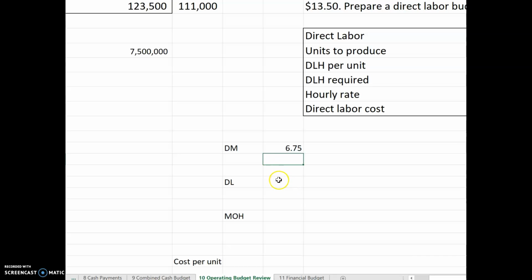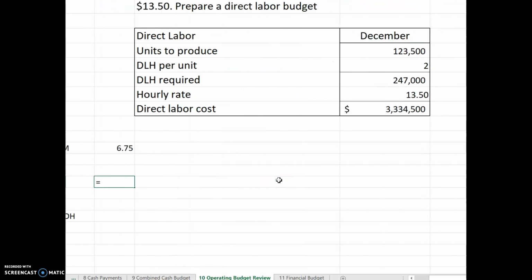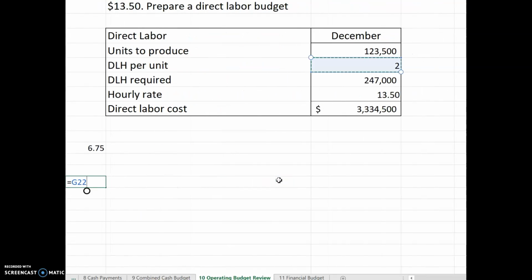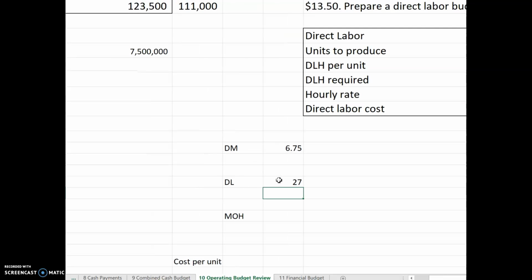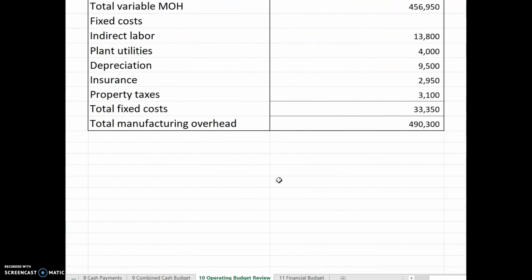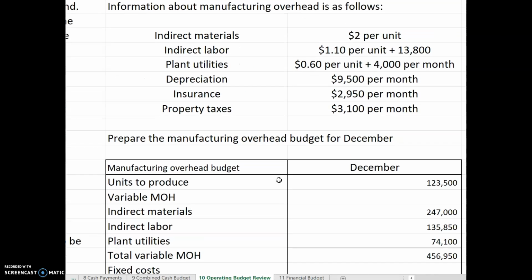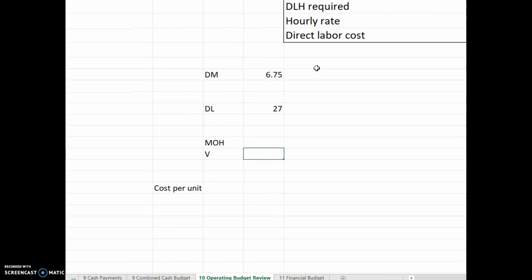For our direct labor, it takes 2 hours to make one unit, and it costs $13.50 an hour. So our direct labor is going to be $27 per unit. Our manufacturing overhead, we need to get our variable piece, and we get that if we look on our manufacturing overhead budget. It's the $2 per unit plus the $1.10, so that's $3.10, plus 60 cents, so it's $3.70 in variable costs per unit. So it'll be $3.70